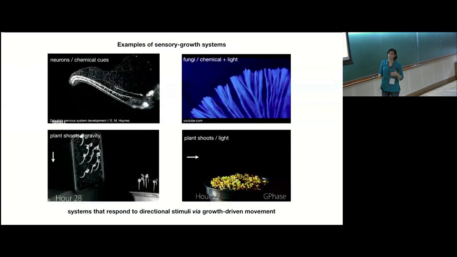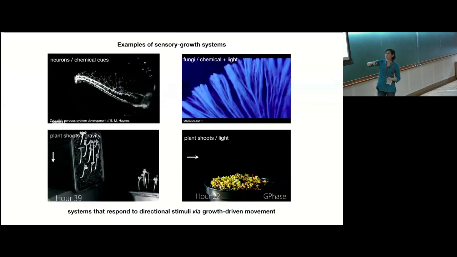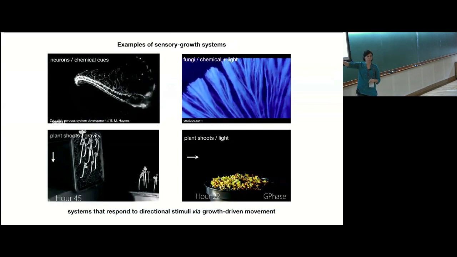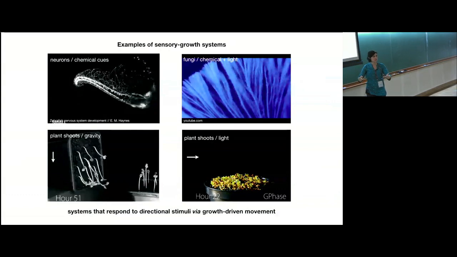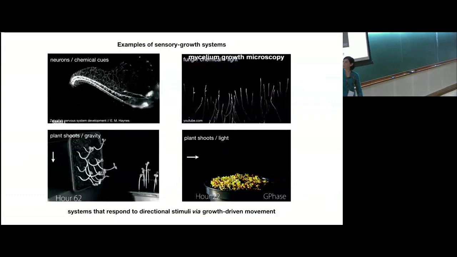Another two examples are, of course, plants, because that's what I do in the lab. And here you see two different examples. On the left, it's gravitropism. So these growth-driven movements are called tropisms in plants. So what you see here is that they took